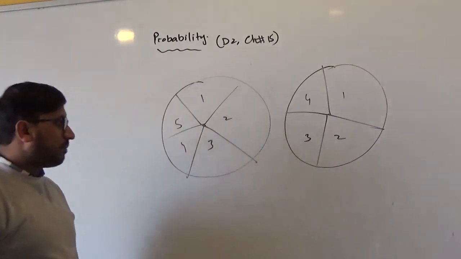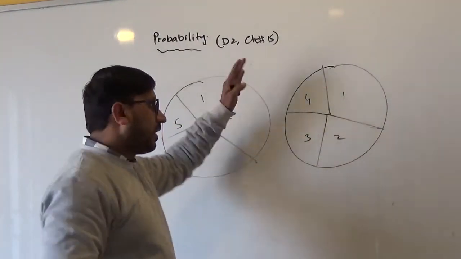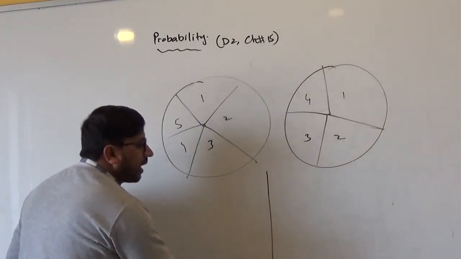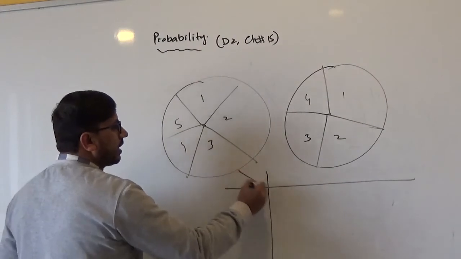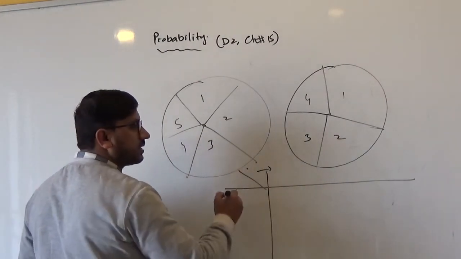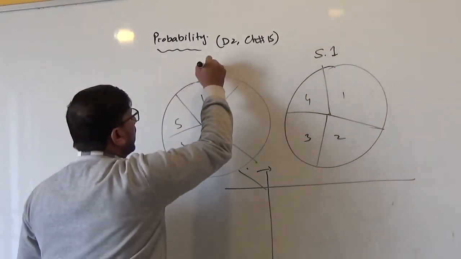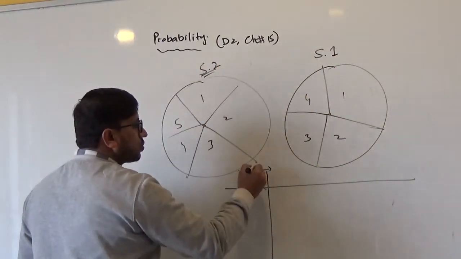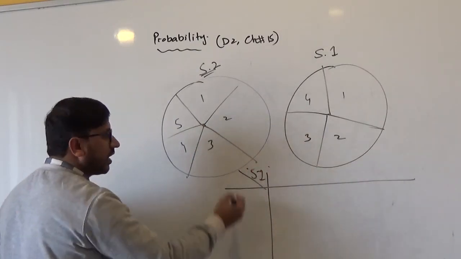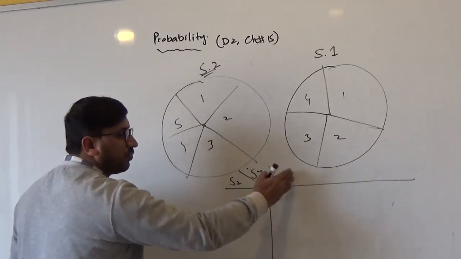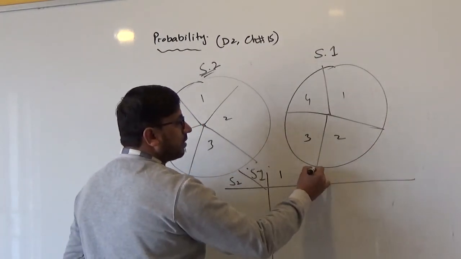And now this is the compound event, and how can I find the total number of possible outcomes I can have from here? For this I will get help from a table. This table will indicate, on the horizontal side, my S1, spinner 1, and this is spinner 2. So the horizontal line will indicate spinner 1's outcomes and the vertical will indicate spinner 2. What numbers do we have on spinner 1? On spinner 1 we have 1, 2,